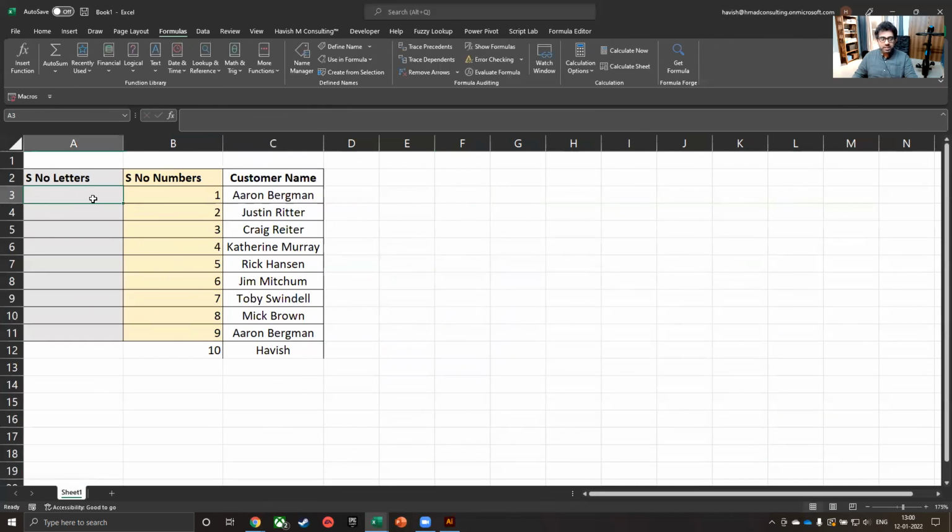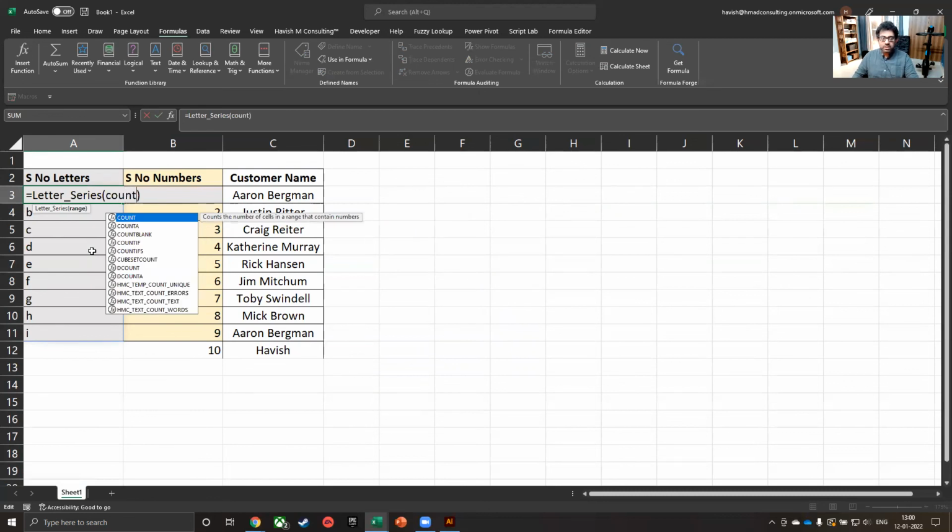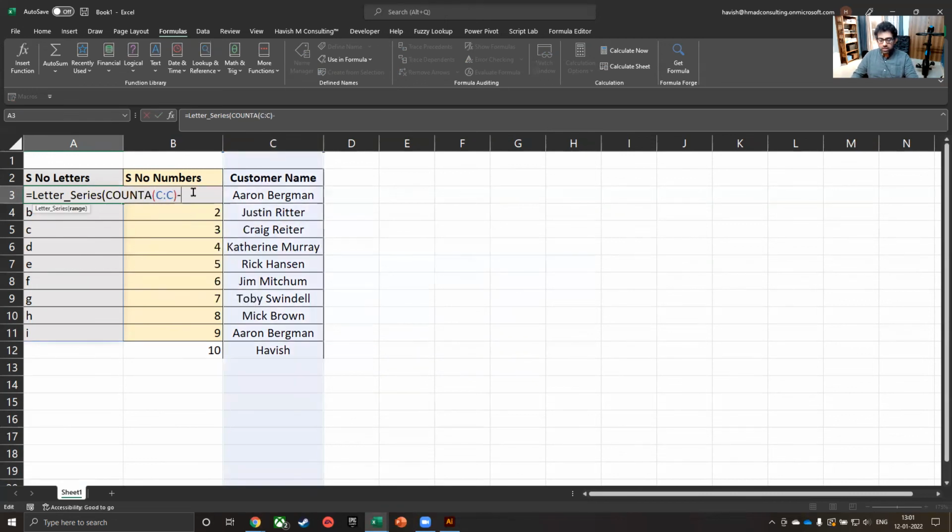And now we can simply say equal to letter series, and in the range we simply put a 10 and it gives us the result. If you want to get that dynamically, you can also say COUNTA of the entire column -1, right, like this.